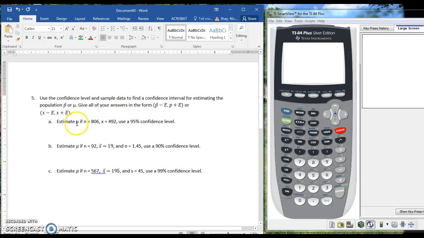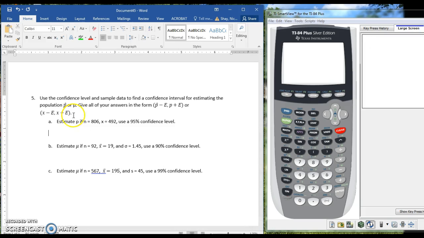So it says estimate P. When you see P, that means we're going to be finding a proportion. And they give us N, which is the total number of people that were asked a question, or the total number sampled. And X is the number of people that, I don't know. Here's an example. Let's say I ask 806 people if they like White Castle, and 492 say yes. So N is the total number sampled. X is the number of people who said they like White Castle. You're going to be calculating a proportion interval here. So the calculator function we use is